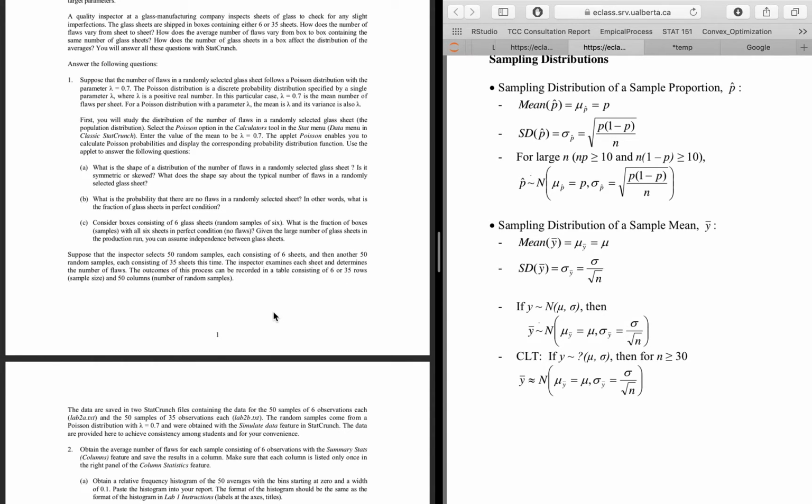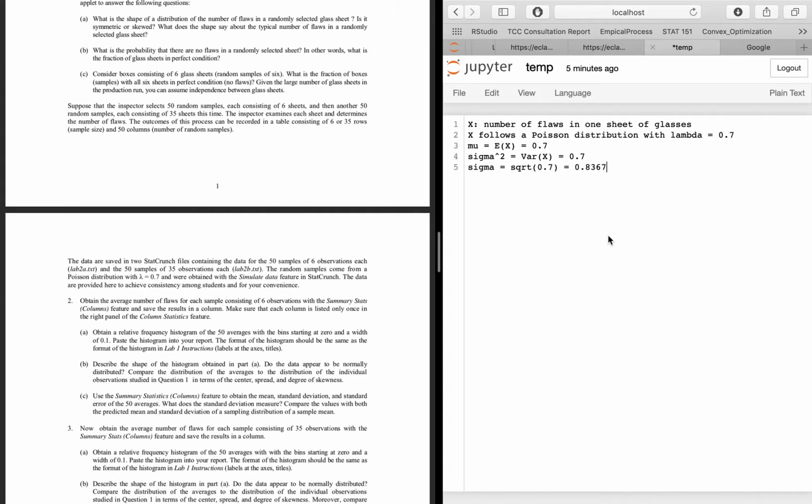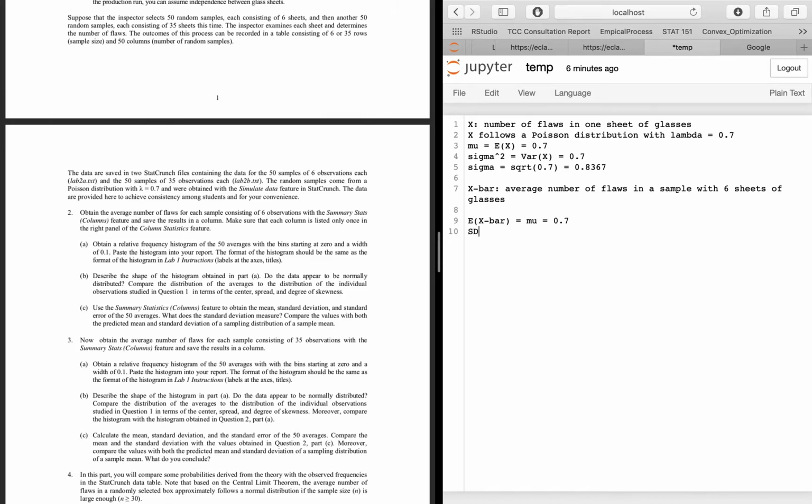Then, based on this formula for the sample mean, we want to know x bar. In this case, x bar is the mean, the average number of flaws in a sample with 6 sheets of glass. The mean is the same, and the standard deviation becomes sigma over the square root of n. So based on the formula, the expectation of x bar equals mu, which equals 0.7. The standard deviation of x bar